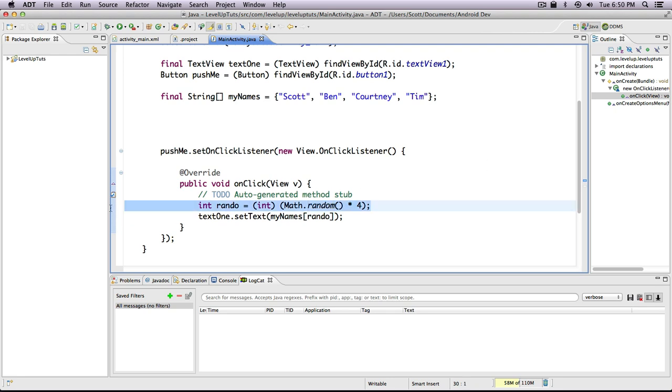So I'm going to go ahead and delete some of this stuff. I'm going to leave rando here, but I'm going to delete this stuff. And right here above this, I'm going to declare a new random number generator. Just like we created a data type of a string or a text view or a button, we started off with the name of that data type. We also start this off with the name of that type. So we're going to say random, and then we give it a name, which we're going to call